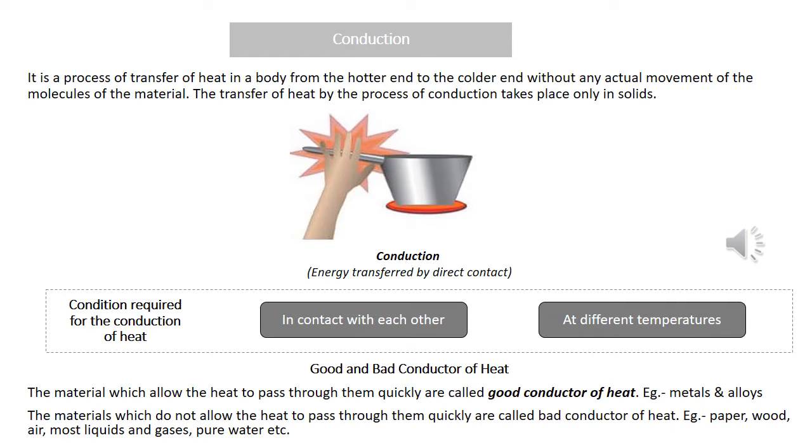Now children, conduction can take place only in good conductors, as it is clear from the name. You read in class 6 also what are conductors, what are insulators. So conductors are the materials which allow the heat to pass through them quickly. See, we can prove this by doing one activity. You take very hot water in a pan, very hot boiling water, then dip one steel spoon in it or